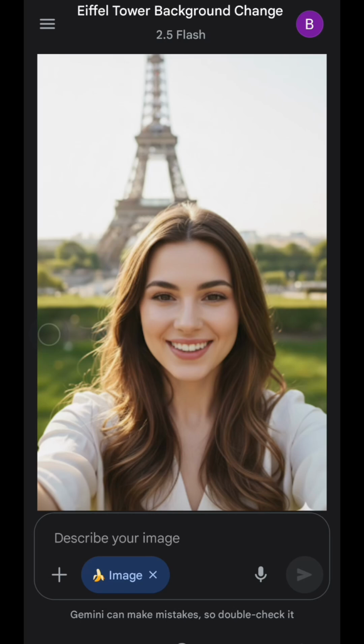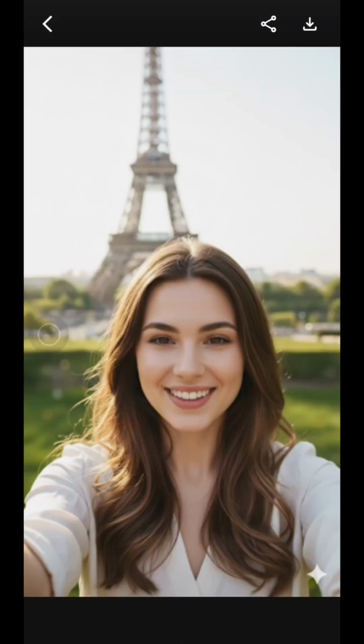And okay, like this. As you can see from this image, you will look like you are standing right in front of the Eiffel Tower. And if you are not happy with the first result, just tweak your prompt until it looks perfect. And once you are satisfied, just download the photo